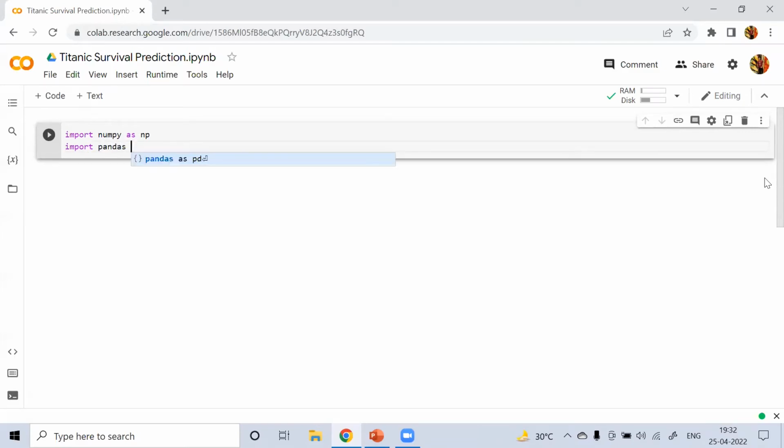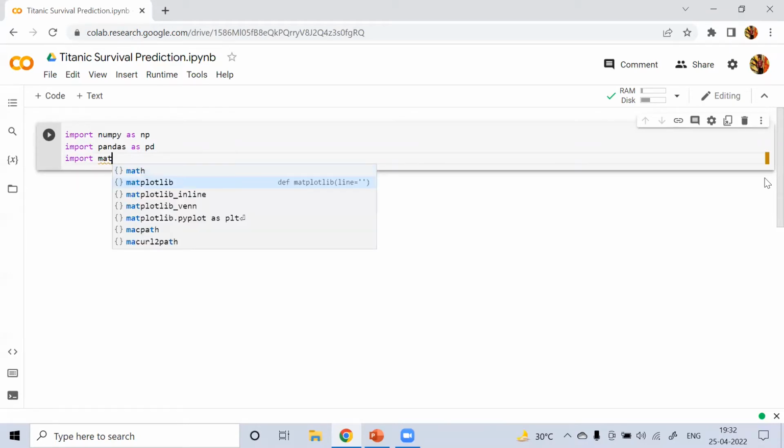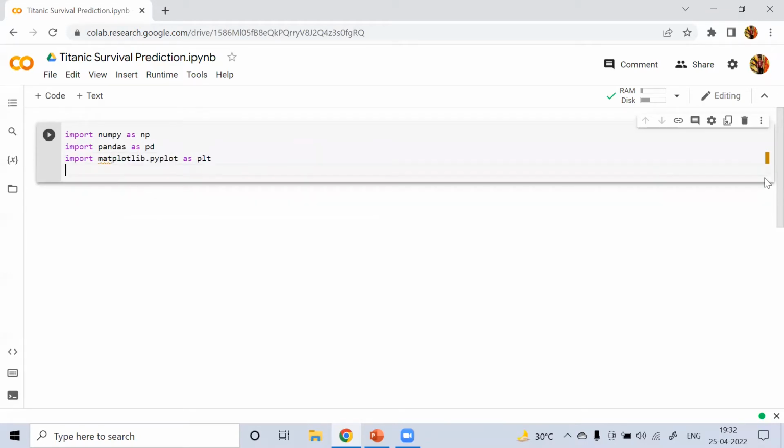pandas as pd, import matplotlib.pyplot, then again we will import Seaborn as sns.